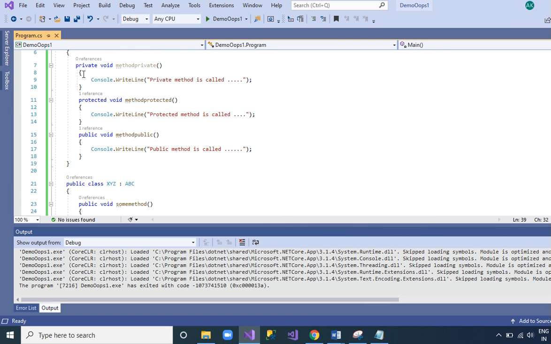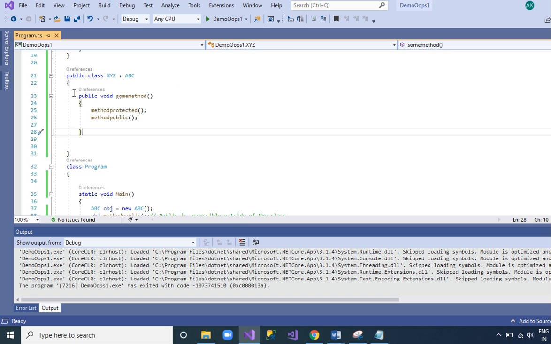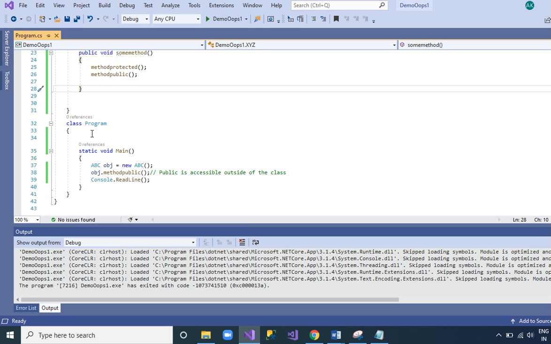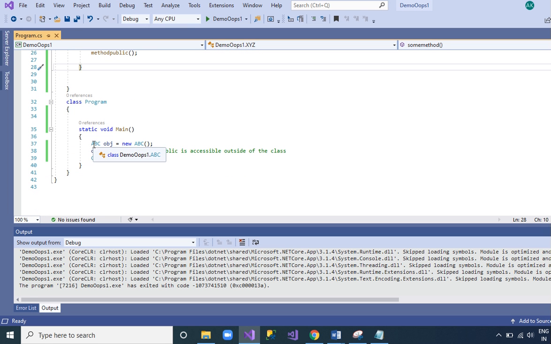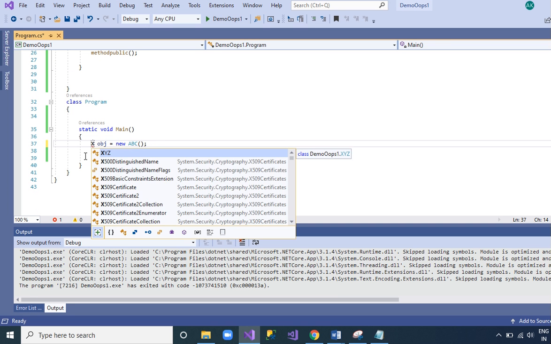Now the question is how we can access these other methods. We have inherited the class ABC and we have this public method. Suppose I create the object of XYZ.